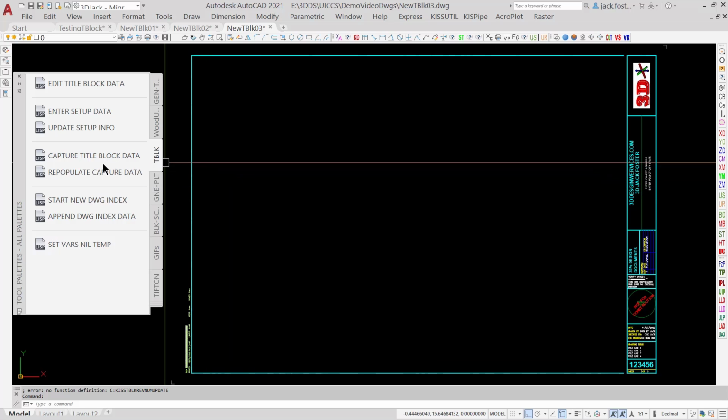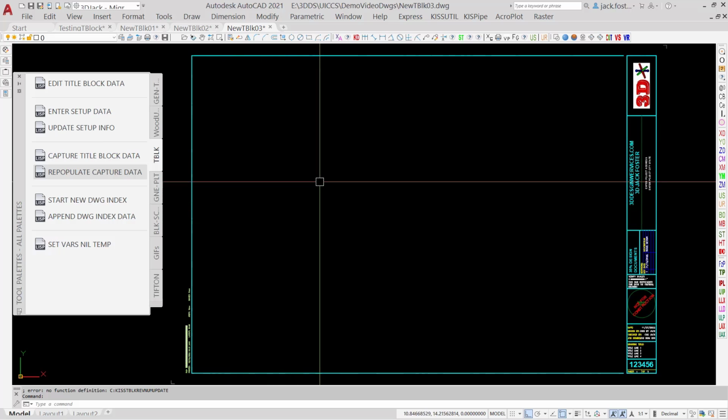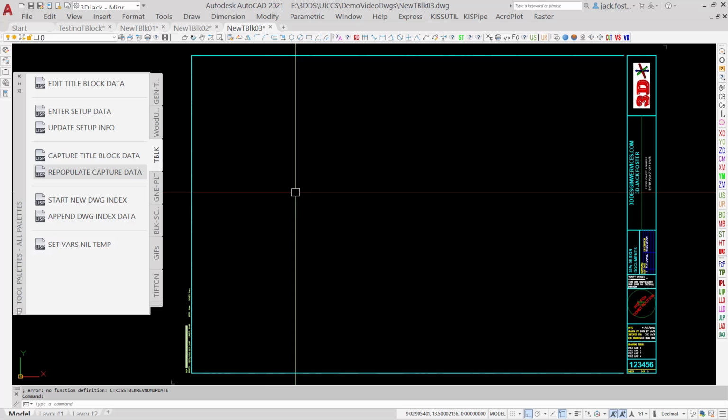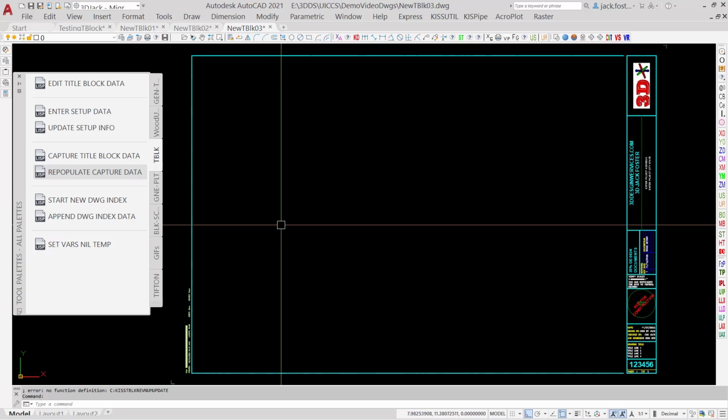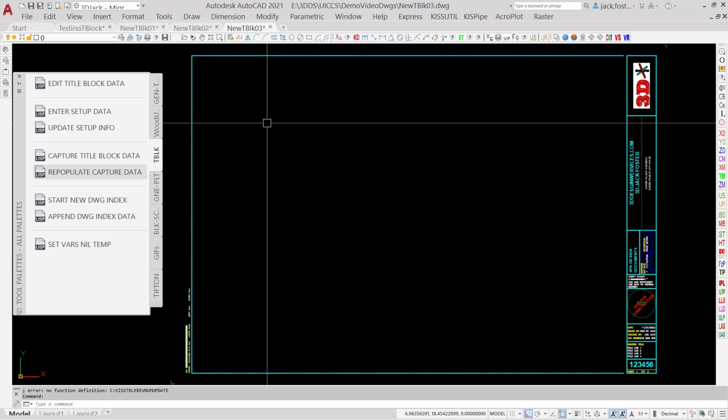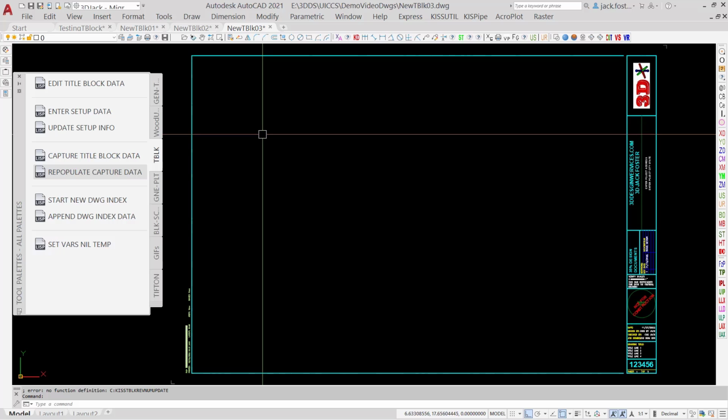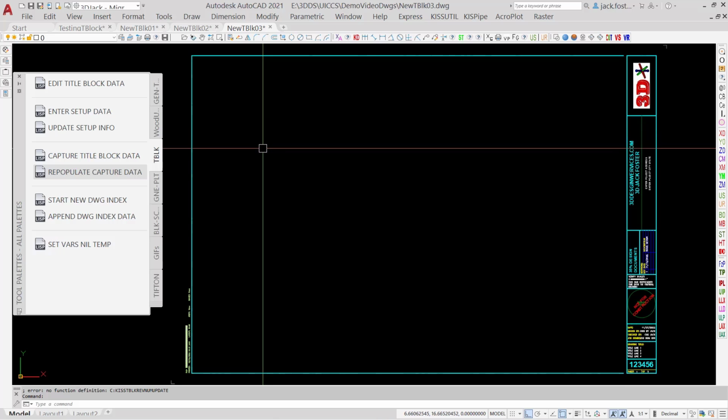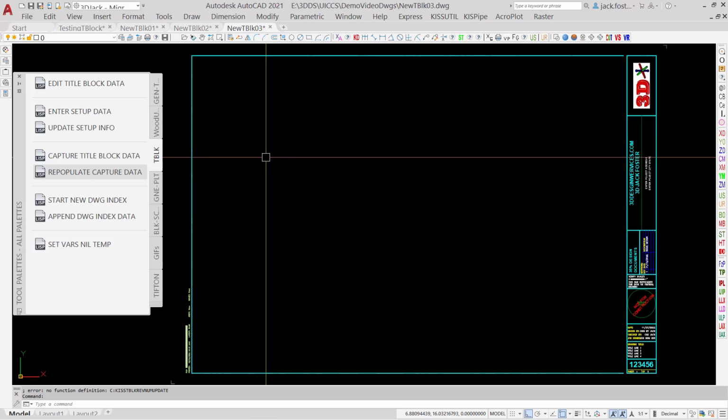This also will batch process the same as setup data, so that all the drawings in a folder could be changed just by running the program. 10 drawings, 50 drawings, whatever it is, it just works on all of them in that folder, and when it's done, it's done. And this is also a very, very handy program. It gets a lot of use,